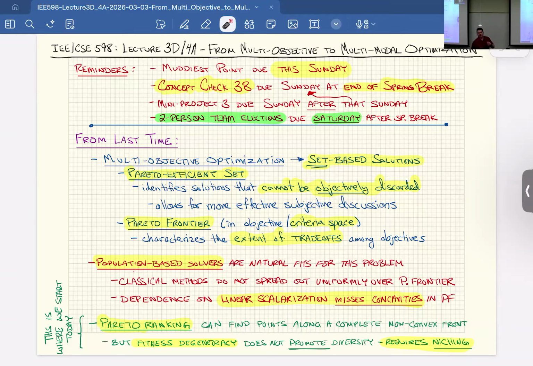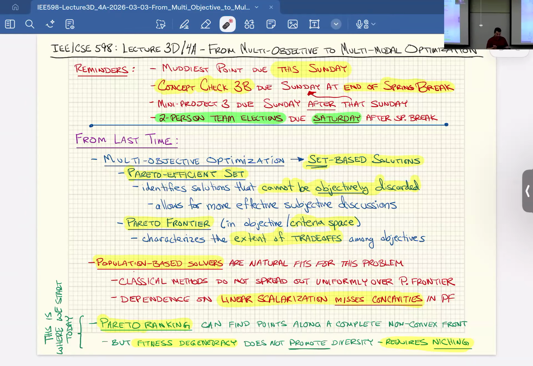Okay, so this is kind of where we've been. We've been talking about multi-objective optimization. And so we had to define what that meant in general, and then we suggested that because evolutionary algorithms use populations, those populations are natural representations of sets. And so they have a natural affinity for multi-objective optimization, if we can just figure out the right fitness concepts to drive that population so that it produces a set and not just an individual solution.